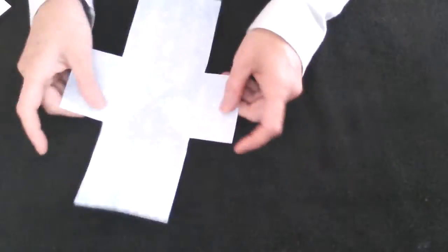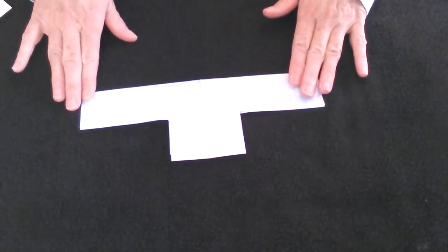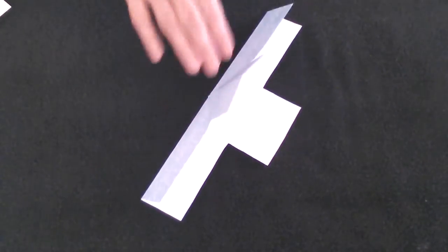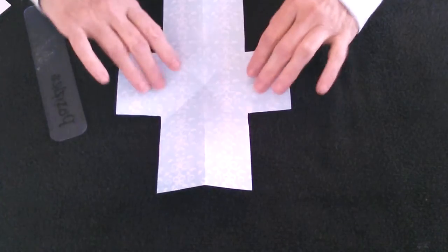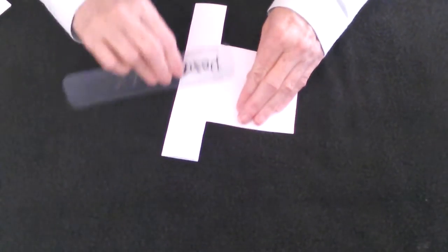Okay, we're going to start with this piece. This will be the inside of your card. We are going to turn it sideways and fold it white to white. Make a good crease, and then take your straight edge, ruler, whatever you're going to use. If you have a bone folder, you can use that, and press it real good. Then everything else is going to be folded pretty to pretty. So the printed side will be folded upon itself. Fold it in half, press, press,